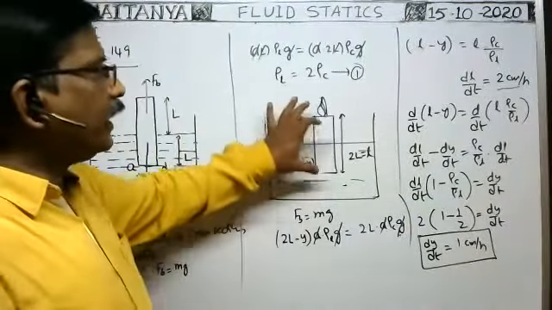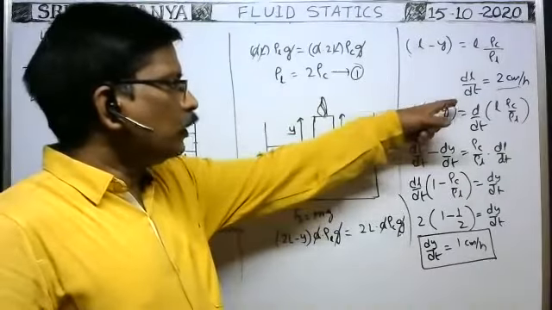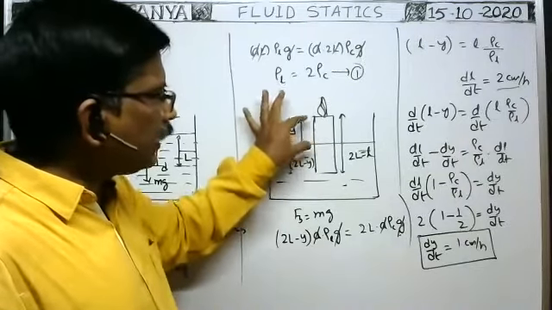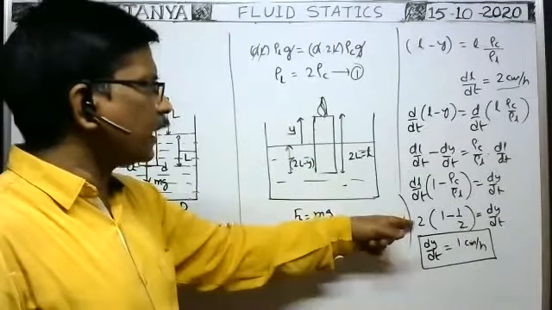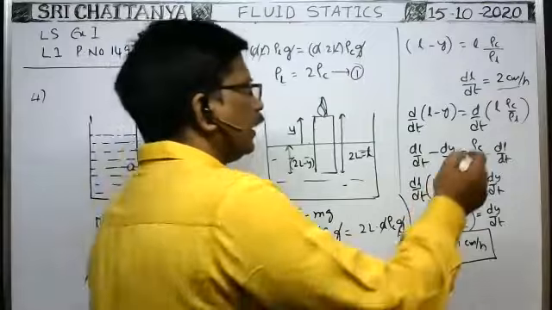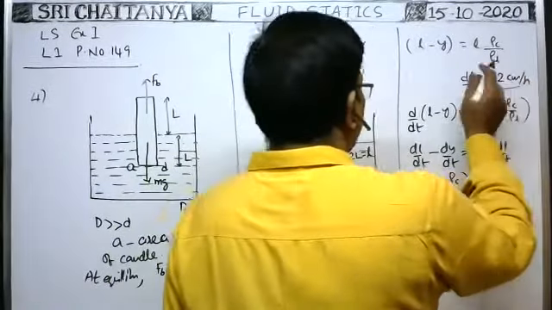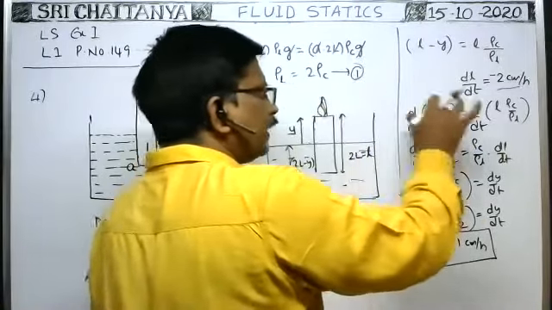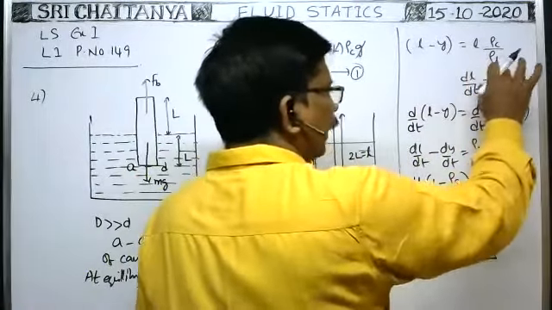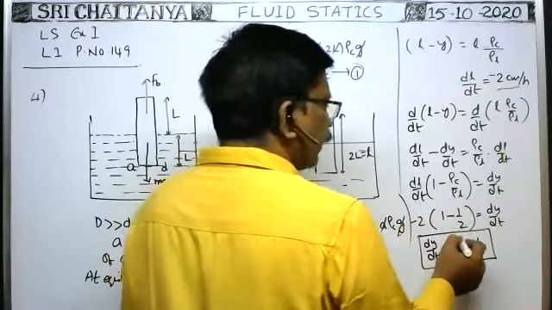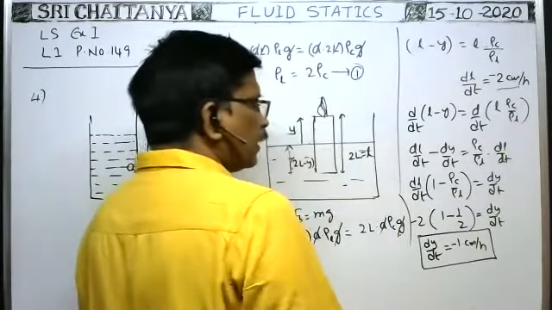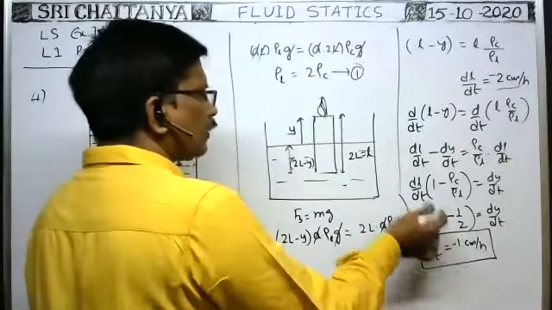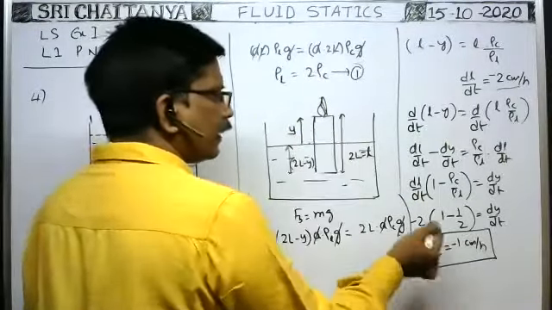So the length decreases at the rate of dL by dt. So this height of the candle above the surface of the water also decreases at the rate of, of course we have to substitute the minus sign, because here it is minus. Because of burning, because of melting, the length of the candle decreases. That's why minus you write. L decreases, so minus you write. Then you substitute minus, you will get minus value. That means the height of the candle above the surface of the water decreases. Minus sign represents the height of the candle decreases at this rate.